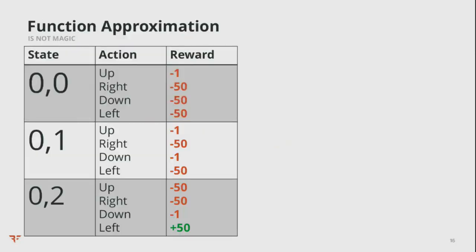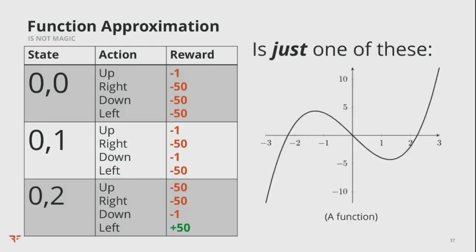So the main breakthrough here, the main idea behind actual machine learning as it happens in any normal sense, is that this table is basically just one of these, which is to say a function, a mathematical function, the sort that takes numbers in and produces numbers out in a predictable way. And so what can we do with functions? We can approximate them. And so we have a great little explanation of how function approximation works without getting into some of the more nitty-gritty details.